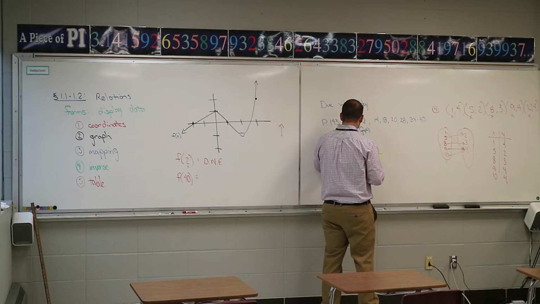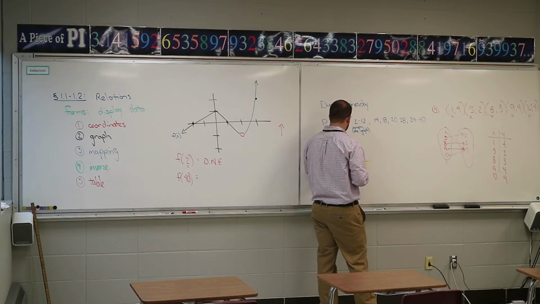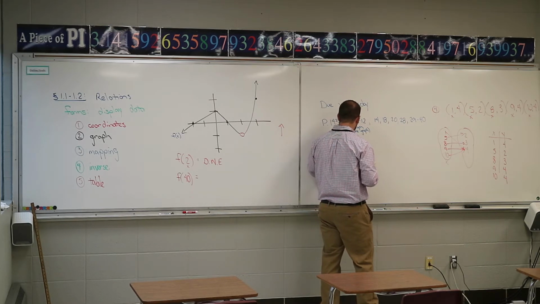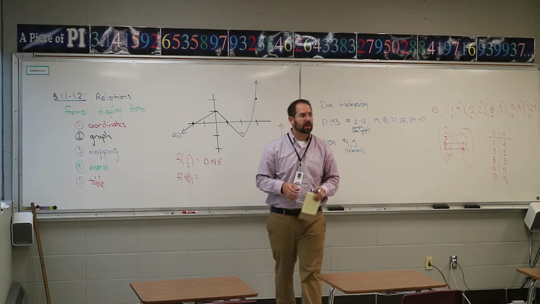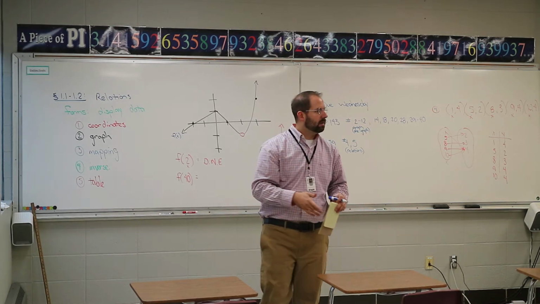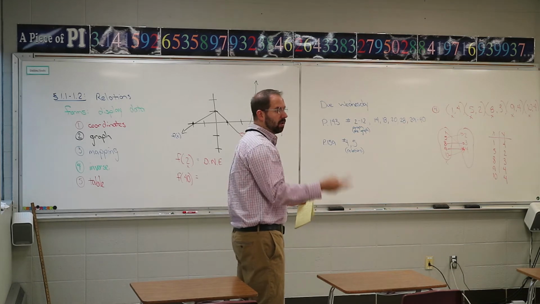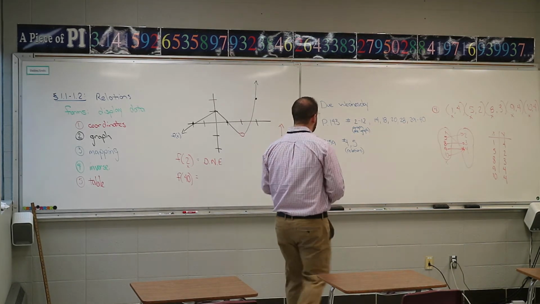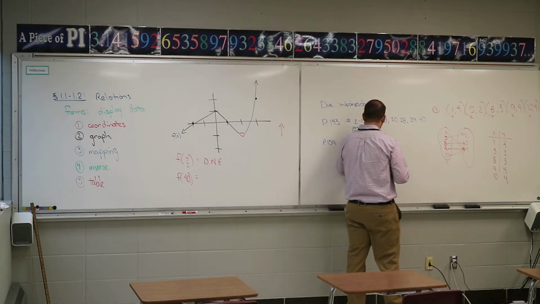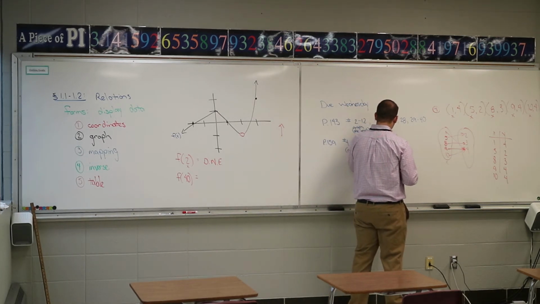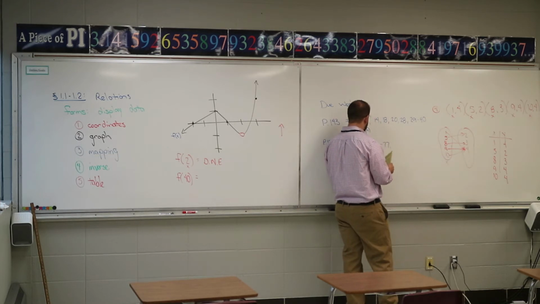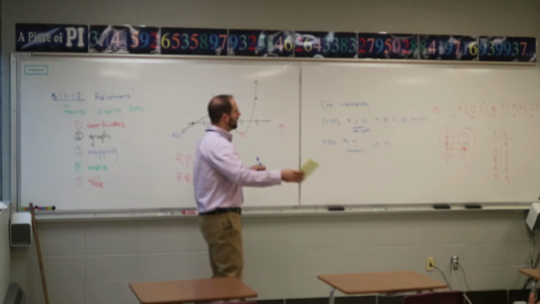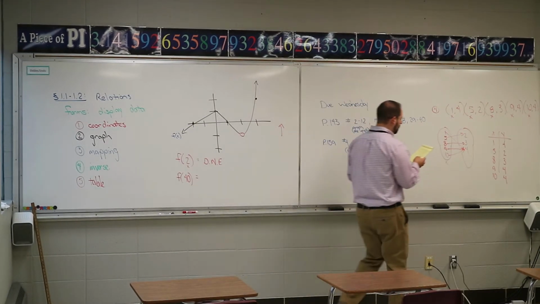4 and 5, these problems are the ones where you have to do all the relations. So this is slightly different instructions than what the book says. The book just says, is it a function or not? I want to know, is it a function or not, and what are all the different forms of relations for them? Graph, table, mapping, you have to do each one. 65 through 77, same thing. They're going to have you interpret a bunch of stuff from a graph, like find f of 2, find f of 10, find f of -4. And then the last one,